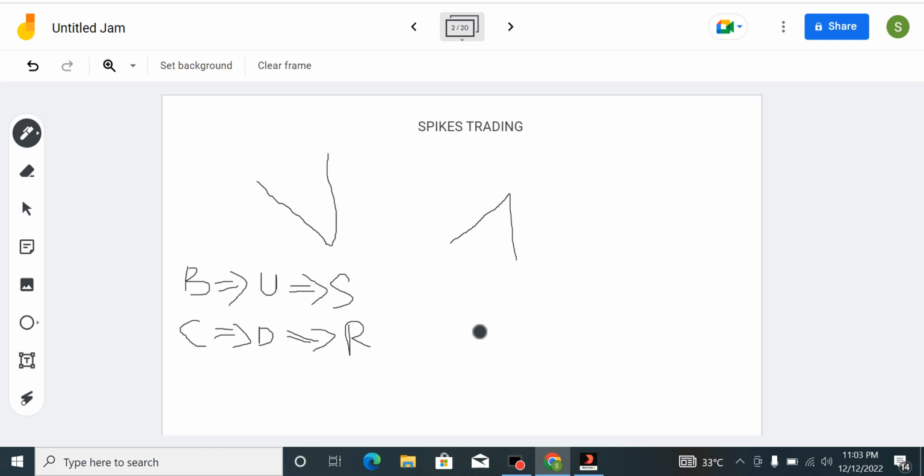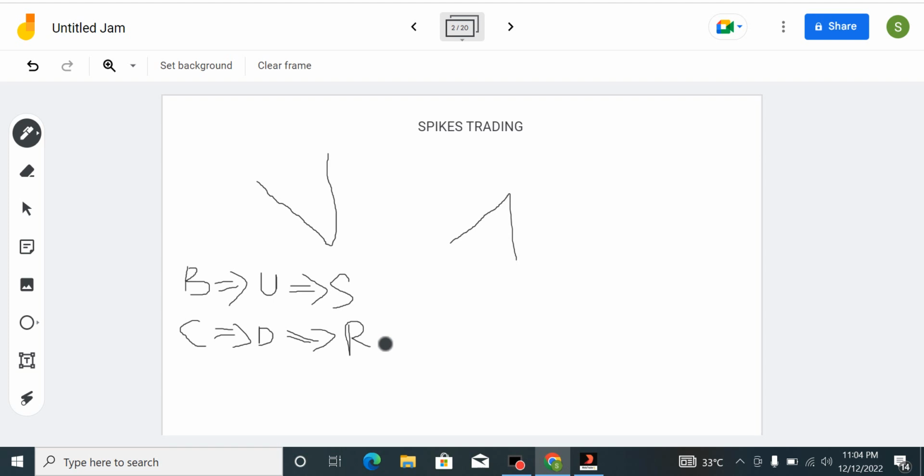In the other way around, if you want to trade the spikes alone, the best time to trade the spike is to combine these two together in boom, and also combine these two together in crash. That is, you trade when the market is on uptrend, then consider all the support zones for boom. Then for crash, you trade when the market is on downtrend, then you consider all the resistance zones for crash, most especially the major ones. So all these are very, very important.